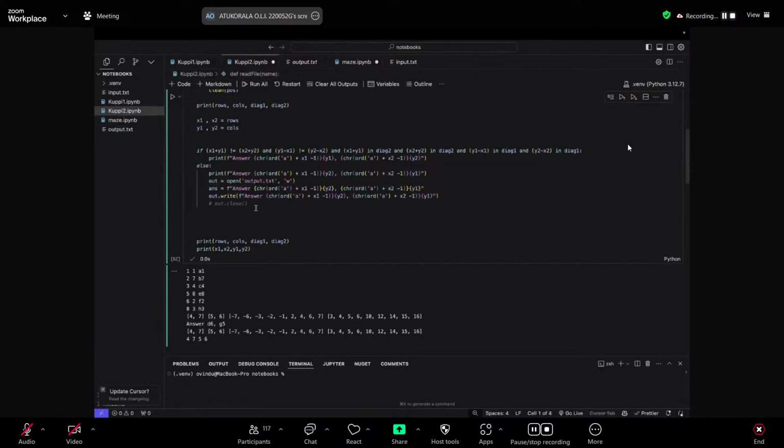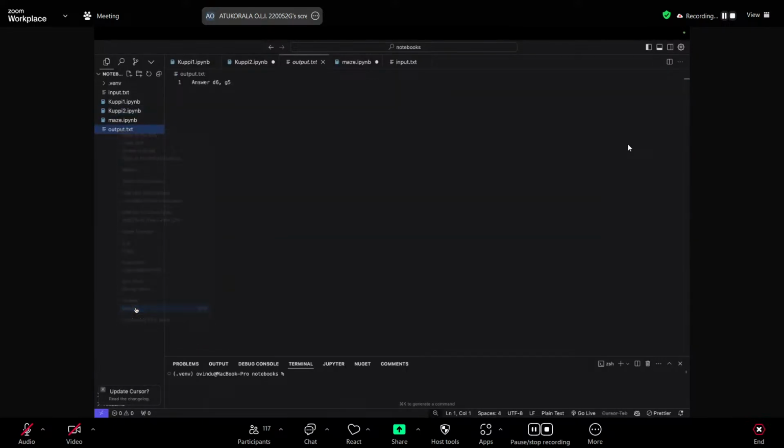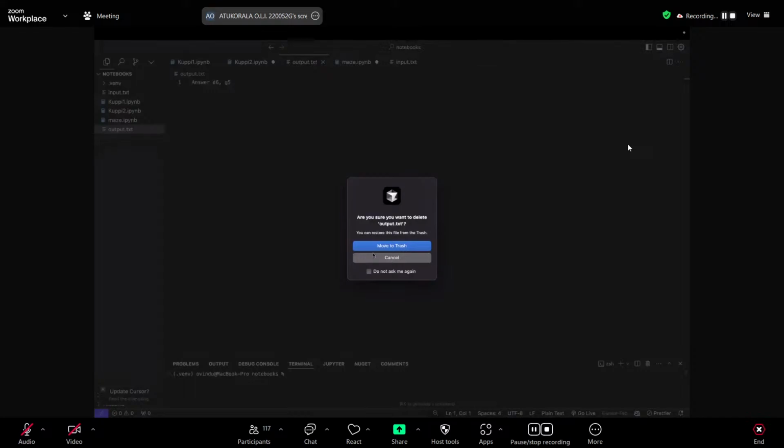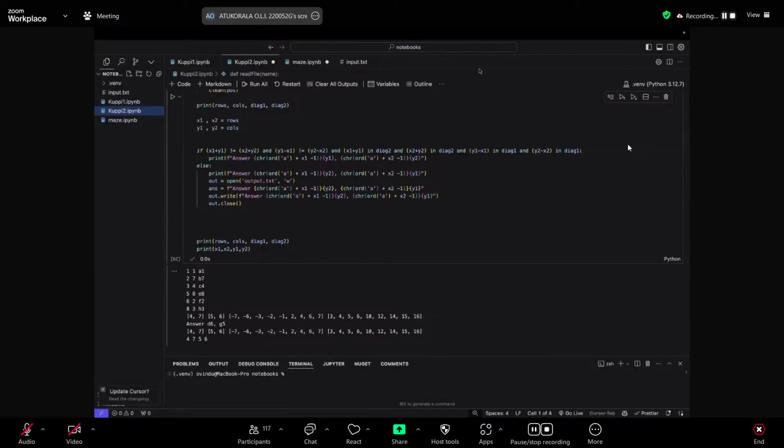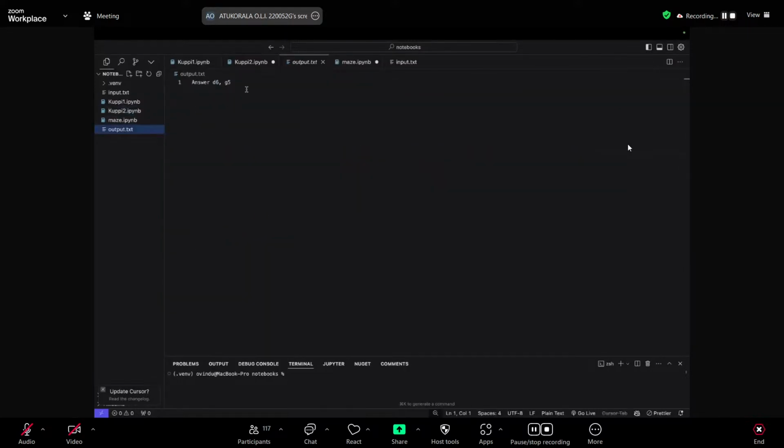So because of that, always remember, before you end your program, always have the output close. So if I run it like this, it should work most probably. Can you see? So always remember to close the file after you've written to the output file, because that would make sure that your changes are saved and your answer is not incorrectly removed, right? So yeah,